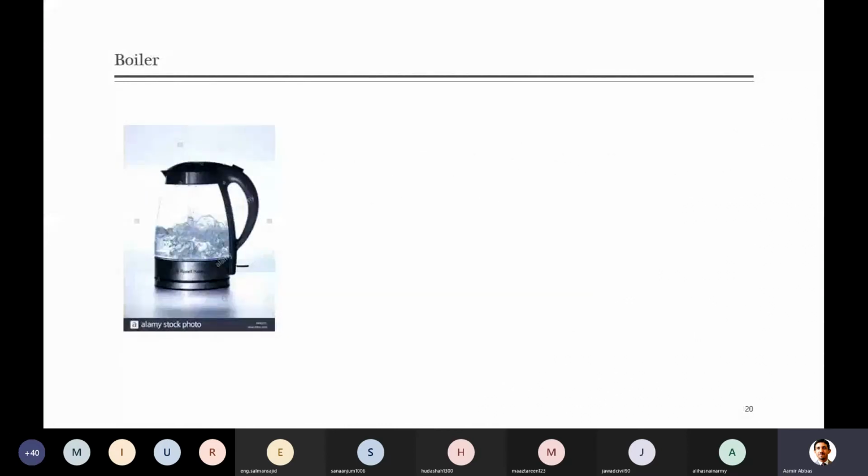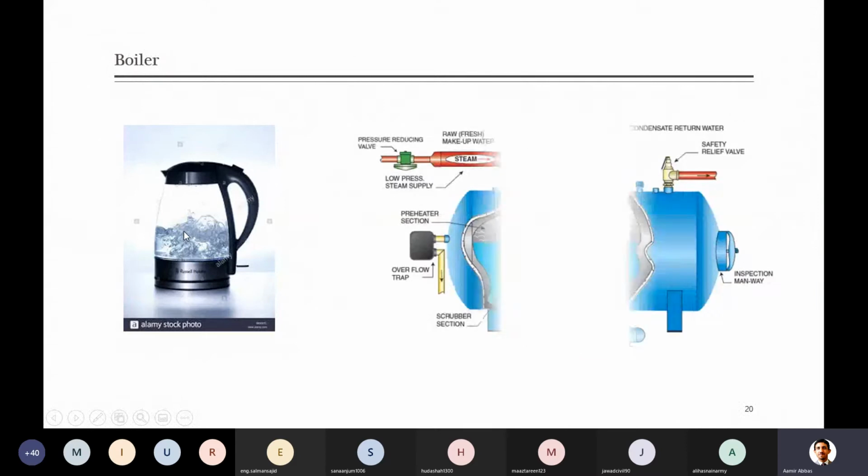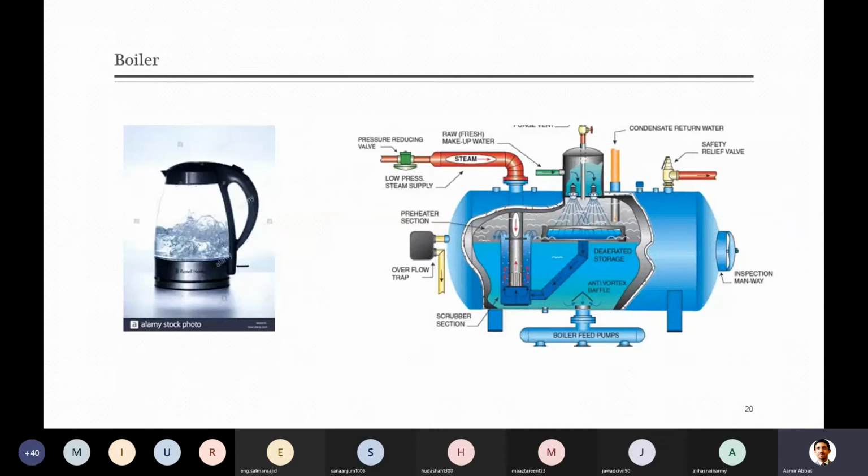But in industries, on a large scale, this heat is provided by burning fuel. Did you see this equipment in your house? What is this? A simple kettle, in which we usually boil water. That's a small example of a boiler, you can say, and some people even call it a boiler at home, a small kettle. In this, we usually boil the water. Maybe sometimes you just heat the water, you don't boil. If I take this equipment and enlarge its size, it can become a boiler.